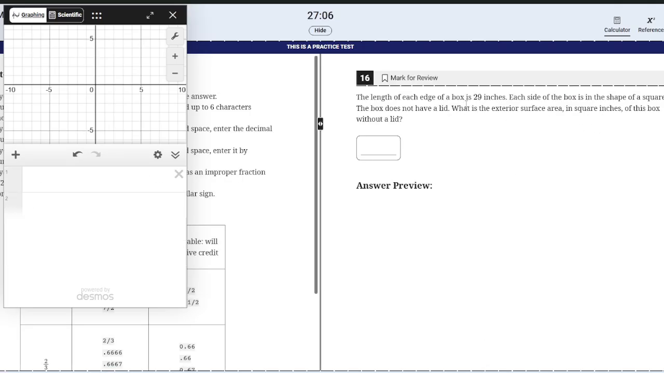The length of each edge of a box is 29 inches. Each side of the box is in the shape of a square. The box does not have a lid. What is the exterior surface area? Surface area